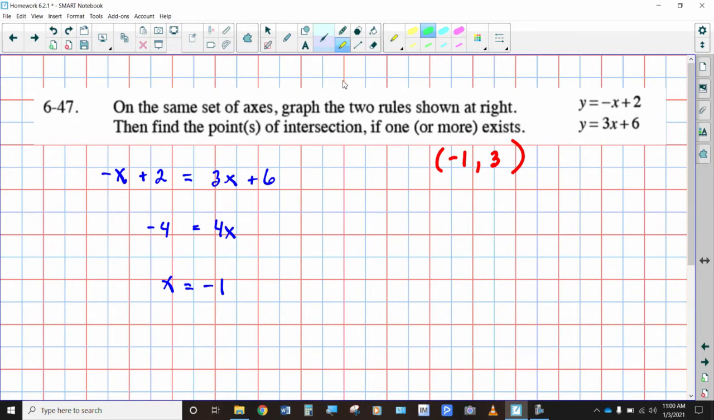All right, what do we have here? On the same set of axes, graph the two rules shown at the right. Find the points of intersection if one or more exists. Okay, so if you did the graph, I didn't actually show the graph on here. You could have solved it using the equal values method. Remember that if y is equal to this and y is also equal to that, then this is going to